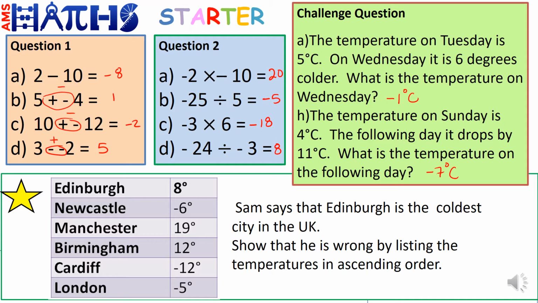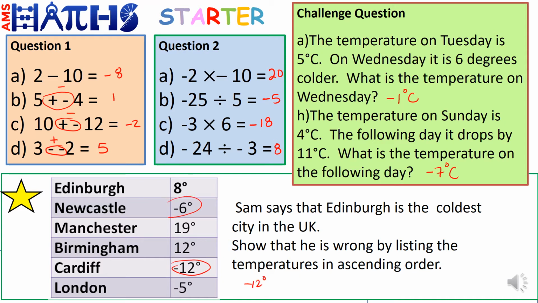Then the last question, we have a table with some temperatures. It says Sam says that Edinburgh is the coldest city. Show that he is wrong by listing the temperatures in ascending order. So if we're going to list our temperatures in ascending order, we're going from the smallest, which is going to be minus 12 degrees,